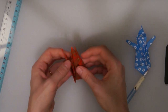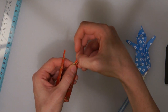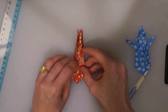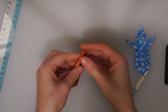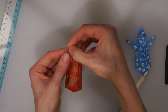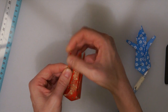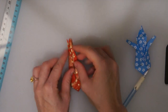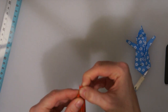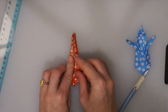A little easier to get it started. And then pull this out, fold it in half along that center. So you have all of your points here at the top. And the next thing we're going to do,